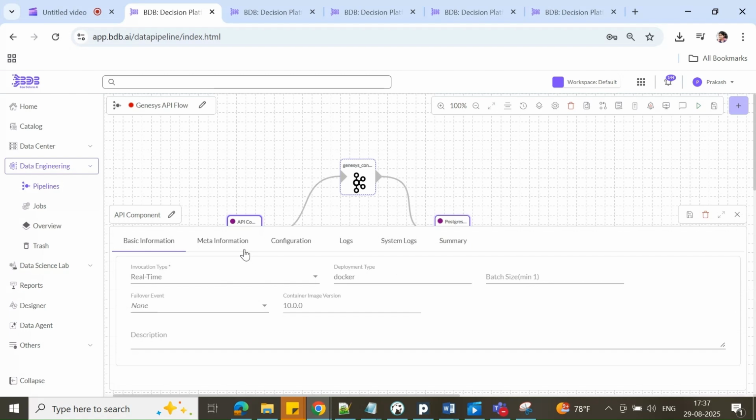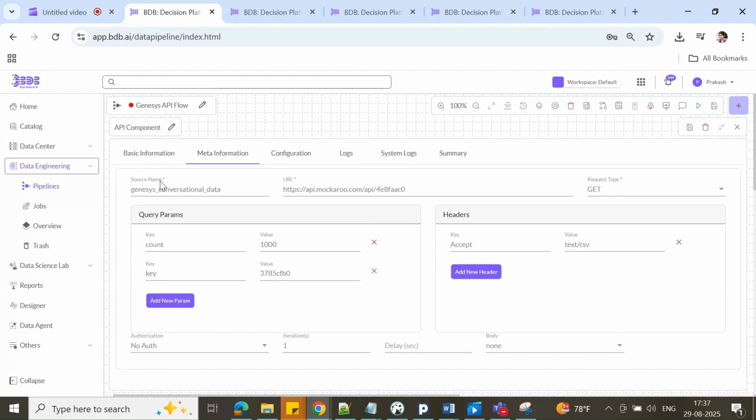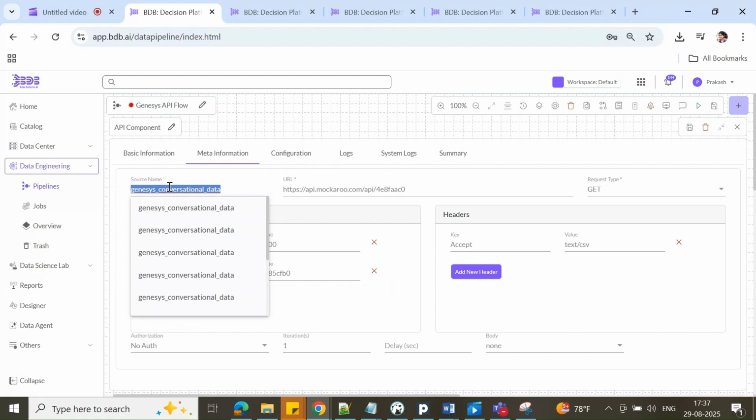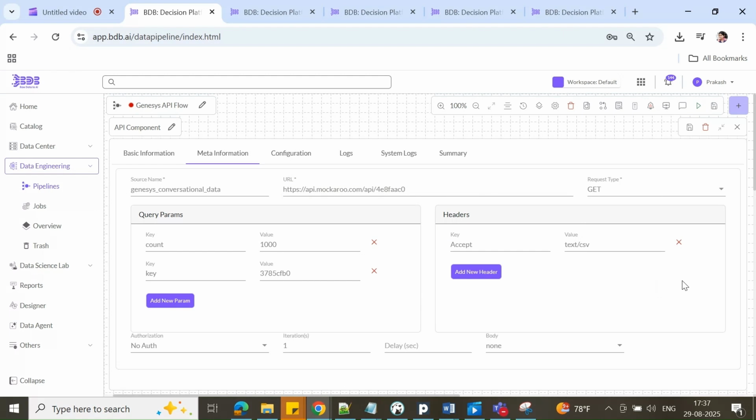Here, we have the Meta Information tab of the API component. We start by specifying the source name, which in this case is Genesys_conversational_data. This tells the platform where the data will be sourced from. Next, we define the URL from which we will retrieve the data. For this demo, we are using a sample Makaru API endpoint, but in production, this could be your live API